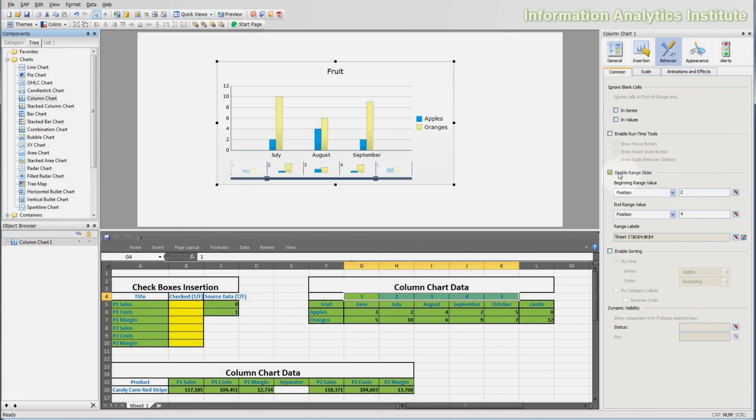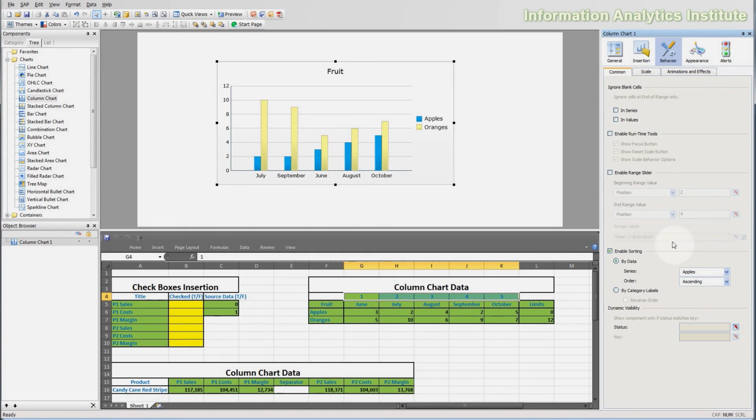The next setting is sorting. The sorting basically sorts the columns, sorts the values on the chart, either ascending or descending, and you can choose which series it uses. Since it cannot sort on multiple series at the same time, you can just sort by one of the series at a time. So in this case, it is already sorted by apples ascending, so you can see